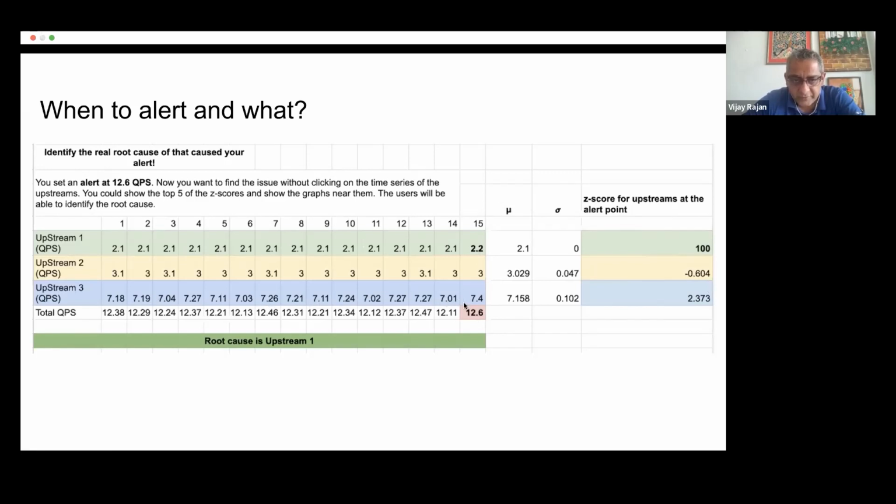So you could say that it is 2.37 z-scores, which is a large number. But I would still say that based on my earlier expectation, 2.2 is cause number 1 and 7.4 is cause number 2. Now, if I could automate this for the user,